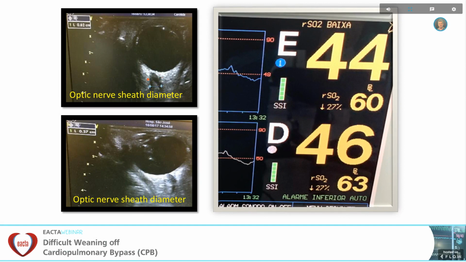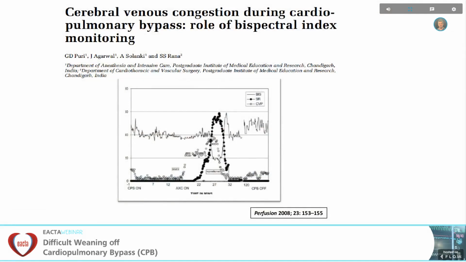And when we correct the stasis of the cerebral venous system, we can realize it by this diminished optic nerve sheath diameter, along with an amelioration of the trend curve of the NIRS. And that's well described in a paper here by these authors, showing the close relation of suppression ratio and the CVP